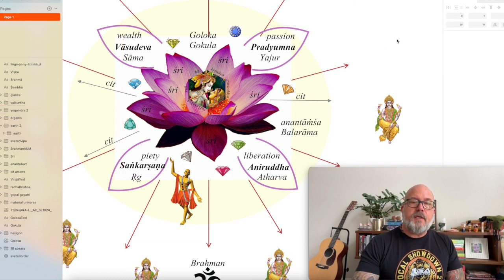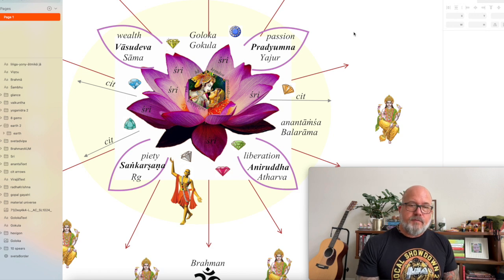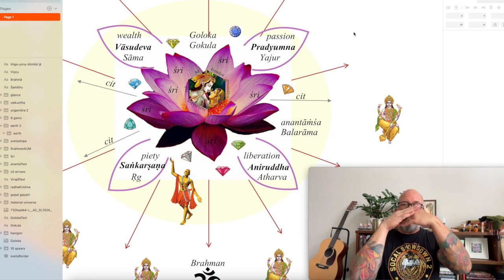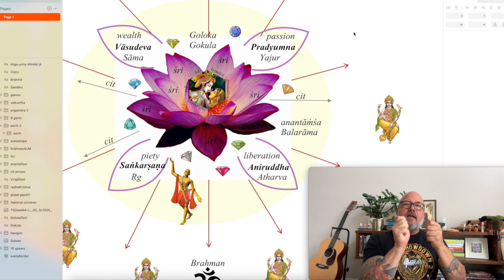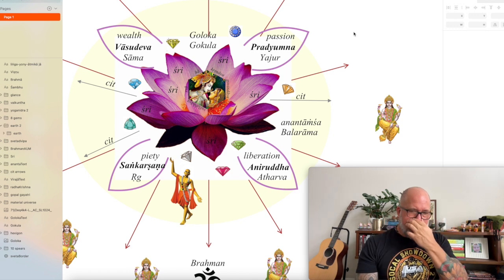And Svetadweep is the first manifestation of Krishna, the first incarnation. Like, take a candle, light a candle off of it. Now you have 2 candles. One is the source, one is the manifestation. So